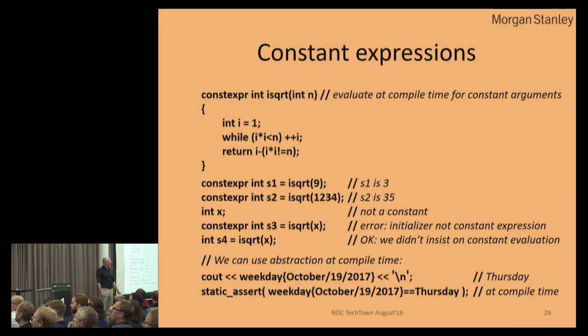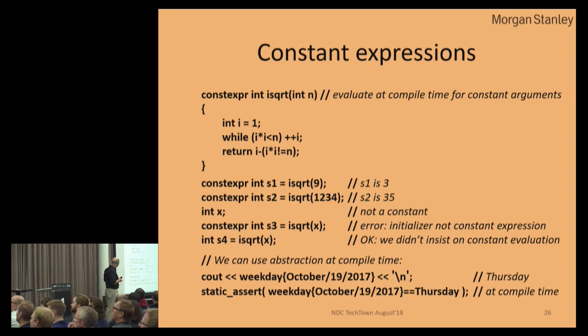I would calculate it in a calculator or on a doodle pad or something, and then I would type the result in. The problem with the doodle pad or calculator on the side is, one, there's a human involved, so there's a larger chance of error. Furthermore, once you have taken the constant and moved it into the code, only the constant is there. If something changes in what you calculate, something you are dependent on, like the size of a word or something like that, now your program is broken when it gets recompiled with the changed assumptions. You have a magic constant. So I like to calculate it like that.